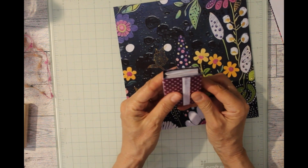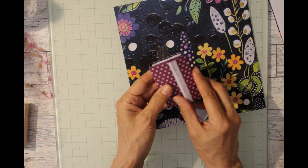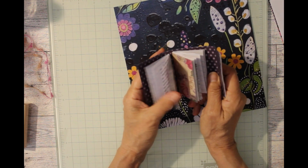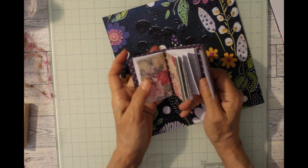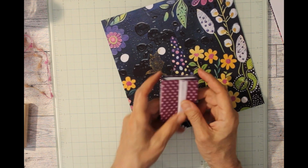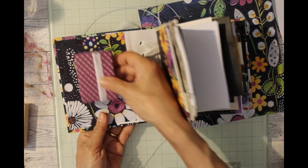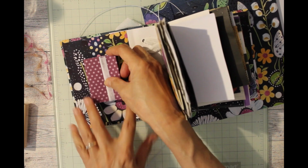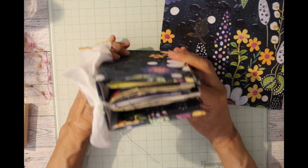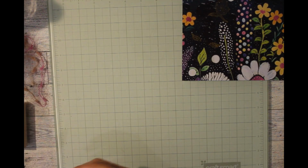But this is a mini book, and it's sewn in, and I believe I'm going to put a magnet here because I think that would be really cute. And then it's a perfect book for scraps. So I think I'm going to go ahead and make one of these, and maybe even a pocket to go right here. Actually, this goes pretty well in here, but maybe a pocket that goes right here that is big enough to hold this, and I think it would work out just fine because there's plenty of space in there. So I'll go ahead and show you how to make the little book